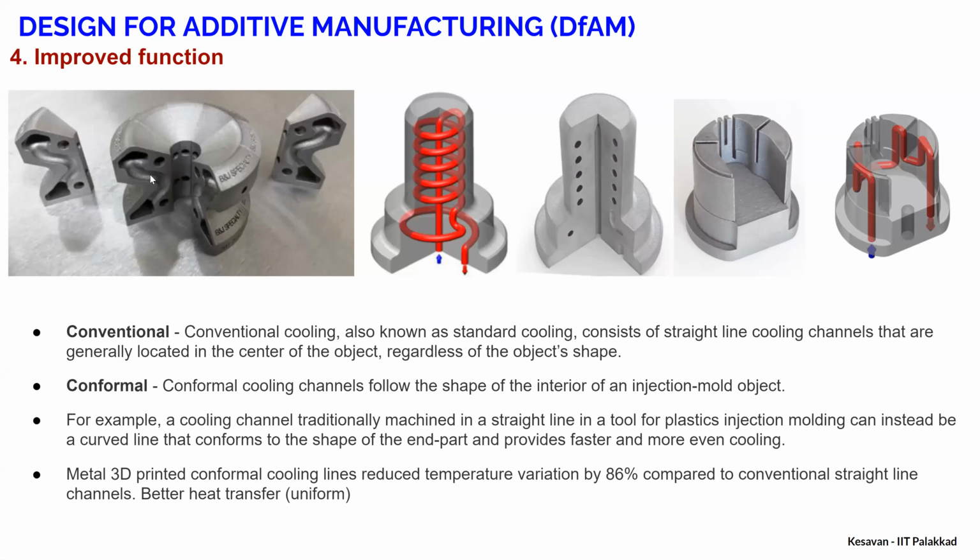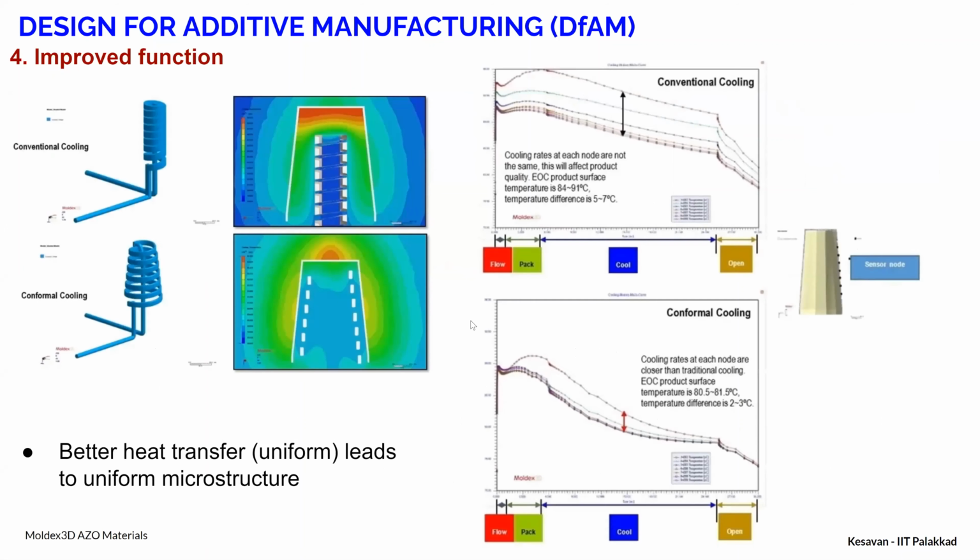Okay, so then you need to design the cooling channel such that heat is dissipated in all the directions uniformly. By doing that, the functions can be improved. Say, for example, here there is some conformal cooling, wherein it is designed such that heat is removed uniformly. Okay, so the idea here is basically that you remove heat uniformly all around the product which is getting solidified,